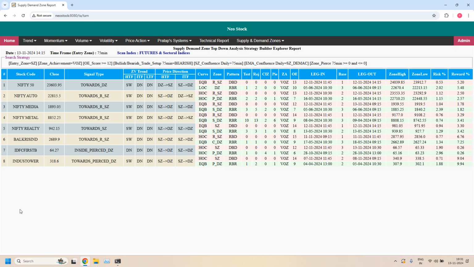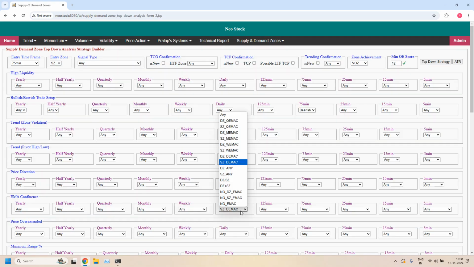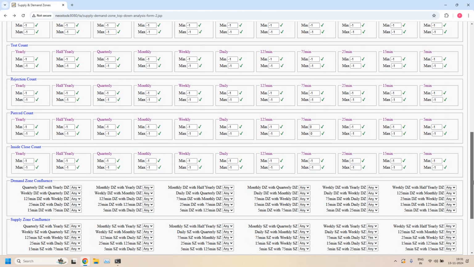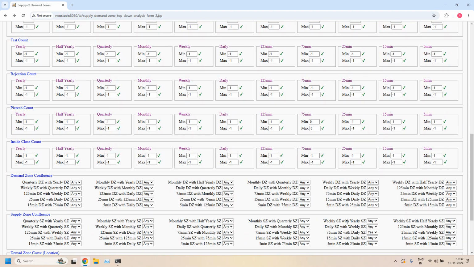Next, let us look into LTF, ITF, HTF supply zone confluence. So I am removing EMA filter. In the supply zone confluence, 75 with daily supply zone confluence is enabled. 75 minute supply zone with weekly supply zone confluence. And daily supply zone with weekly supply zone confluence. With all the 3 filters, we get